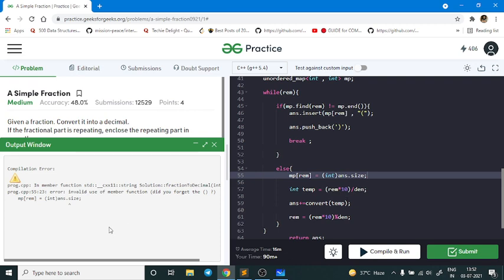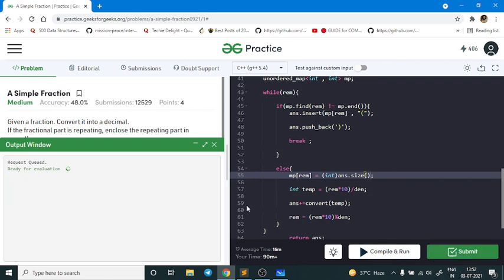I'm getting an error here. It says invalid is a member function. Did you forget the question mark? So it is answer dot size here. Now it will get accepted, because answer dot size is an inbuilt function and we have to apply brackets. Yeah. So as you can see, we are getting a correct answer.